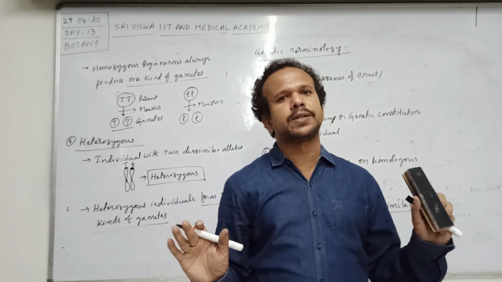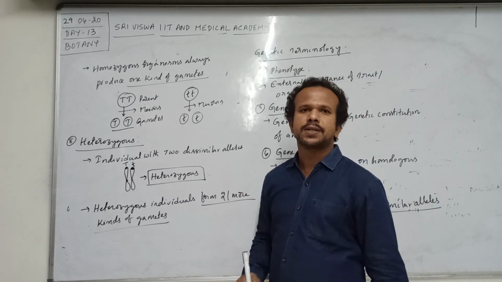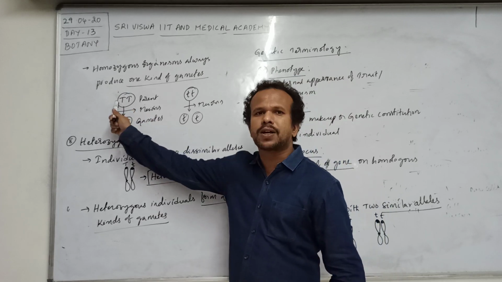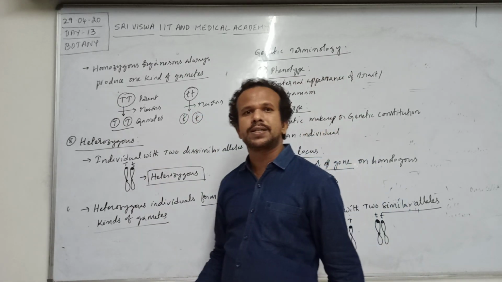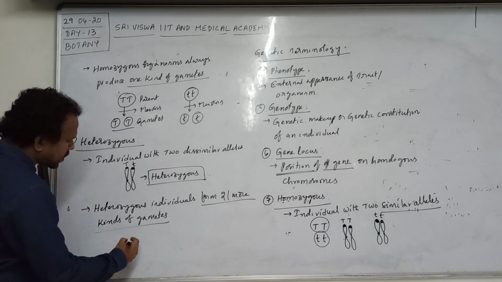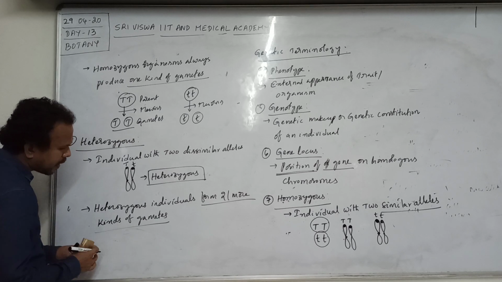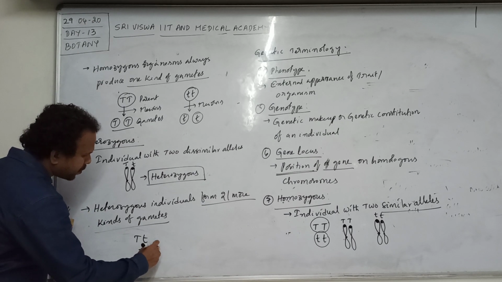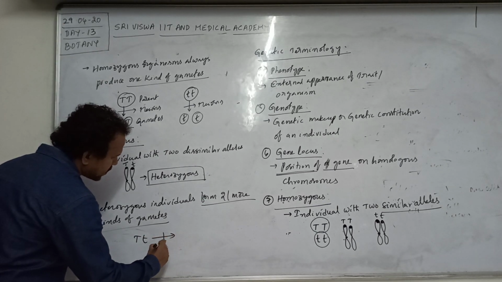This is very important. Homozygous means an individual with two similar alleles. Heterozygous means an individual with two dissimilar alleles. For example, if the genotype of an organism is capital T capital T, that is homozygous. Small t small t, homozygous. Capital T small t, heterozygous. Then, in case of this heterozygous individual, say capital T small t is the genotype of the organism, during meiosis, if meiosis takes place,